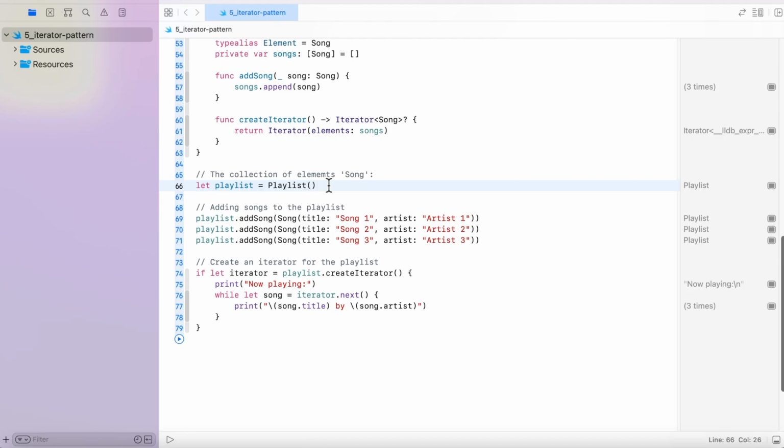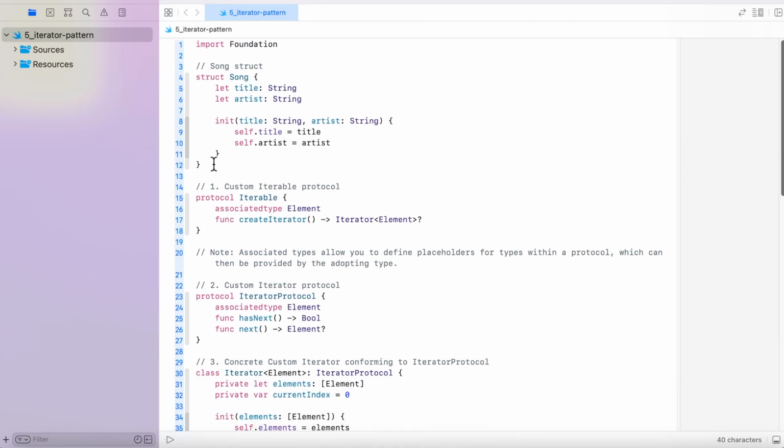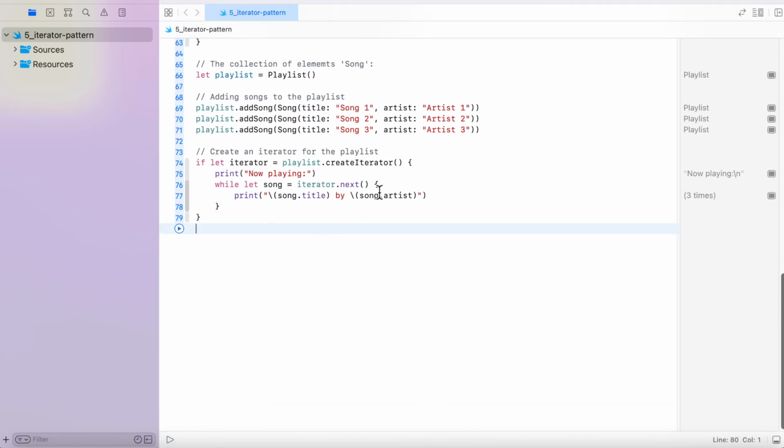Now let's move to the code part where you will be able to see your iterator in action. At line number 66, we are creating a playlist object, and with the help of the add song function that is coming from the protocol, we are adding 3 songs to our playlist. And at line number 74, we are creating our iterator by calling the create iterator function over the playlist, and then inside the while loop you can see that only with the help of this iterator.next function I am able to iterate all the songs in the collection. Now the thing is, in a complex example, this structure could be very complicated. It could have multiple properties, or it could have structs within structs, but at the time of iteration, the only thing you need to call is the iterator.next function. You need not worry about how complex the internal implementation of the data structure is,